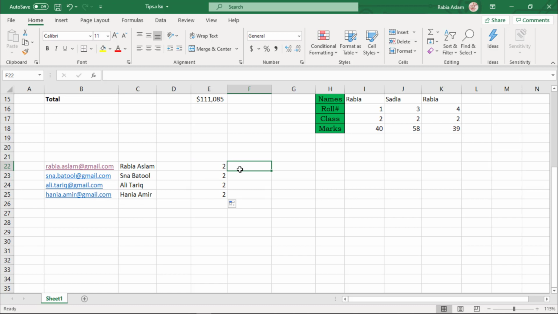Similarly, if I am going to add pattern like 1 and in the next cell I am going to type 2. Okay, then I select the first 2 cells and then click on the plus sign. Remember, you have to select first of all both of these cells and then click on plus sign. Okay, and then move to the last cell. Look, autofill automatically detects the pattern and it fills the cells according to the pattern. Clear?